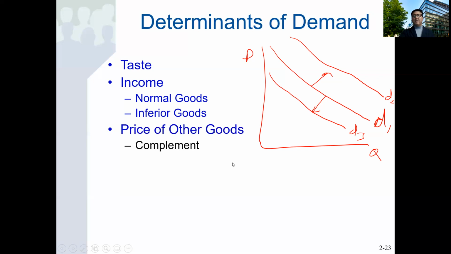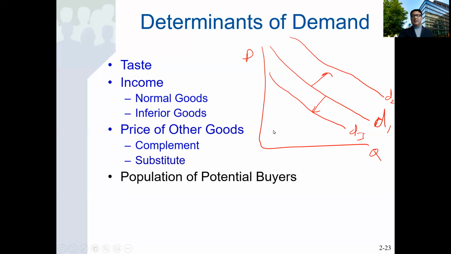So the prices of other goods, such as a complement or substitute, as I mentioned, also determine the demand, okay? Populations of potential buyers: if you have a population that increases, obviously the demand will increase. And also the expected price. Supply and demand depend on the expected price. What is expected price? I mean, expected price is like,